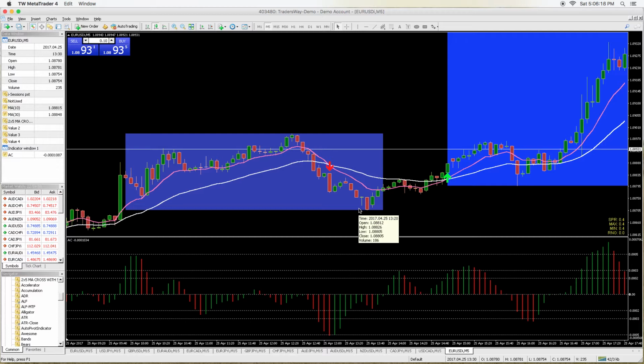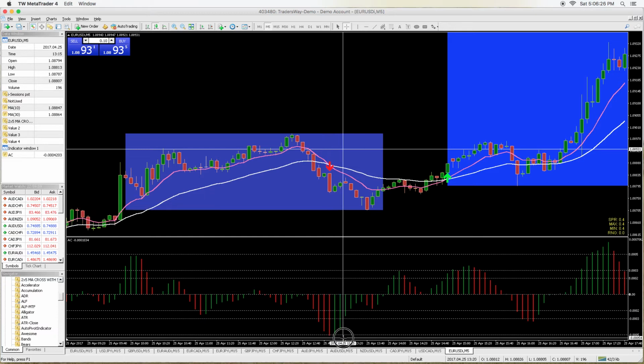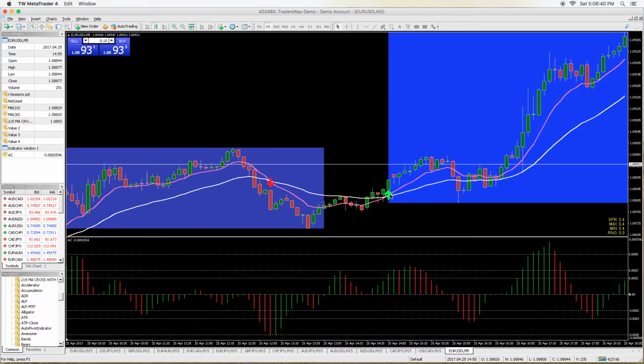And you could have at least got yourself to break even at that point. Not an ideal trade at this point because it did drop down so far down here on the oscillator, but that's an idea of a trade you might consider taking. Not the best example, as I mentioned. Over here, the next crossover we have